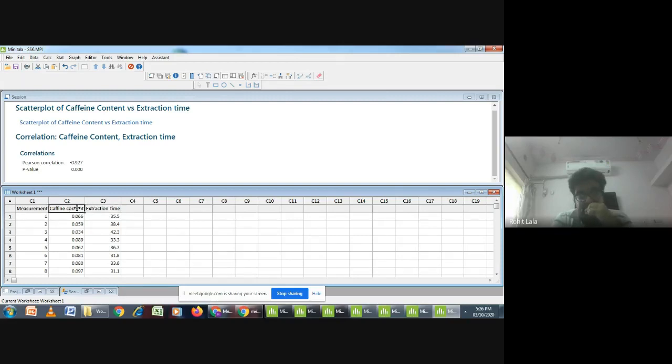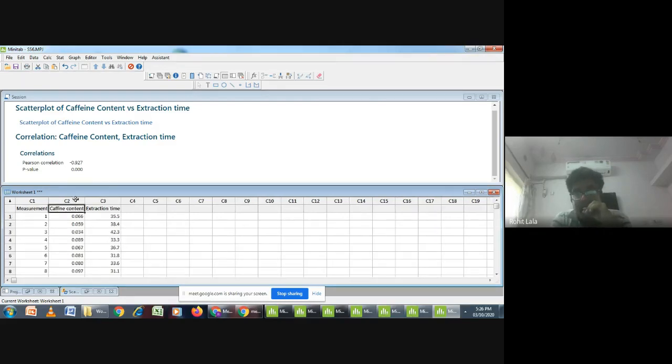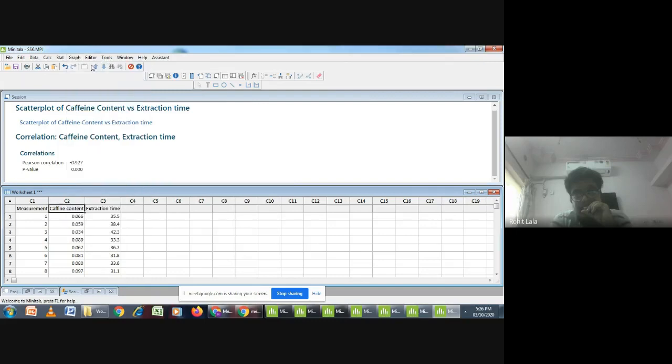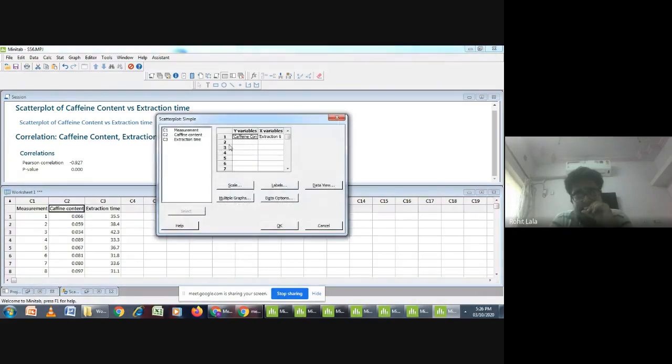Now if both the variables are numerical, remember both are numerical, you can run a scatter plot. On the basis of the scatter plot, you can know which direction the data moves. So just click on scatter plot, run simple scatter plot, click OK. Here I had just entered my data; otherwise you need to see which is your x variable and which is your y variable.